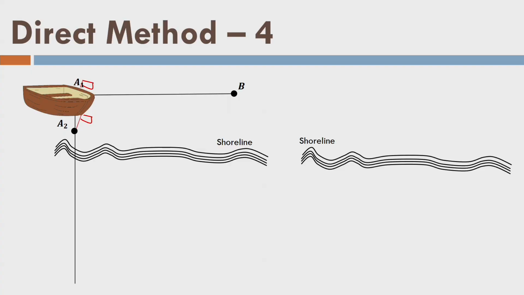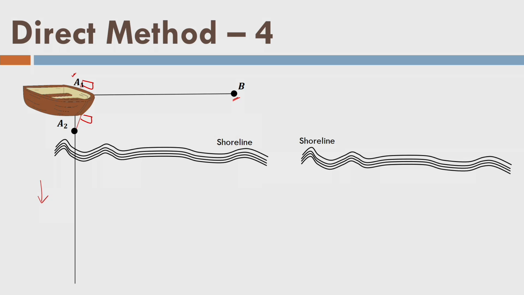Okay, let us say direct method 4. Fine. Let us assume a situation where I have a point B which is available on the shoreline and we have another point A1, right. So what I plan now is to acquire the data along this line which is marked here. Fine. So the boat will be moving along this line and it will be collecting the data at certain points. Fine. Okay. And then we will be measuring the angle of the boat, with the boat as a target, and we will be measuring the angle from point B, right.